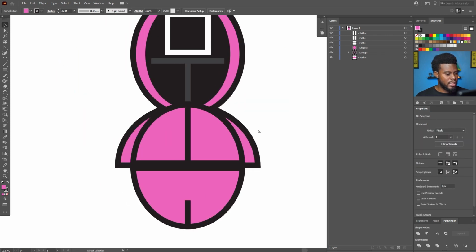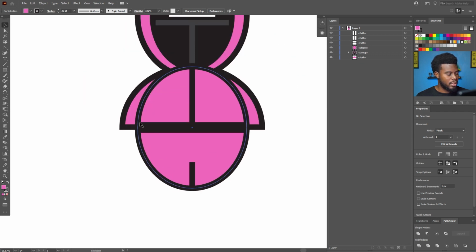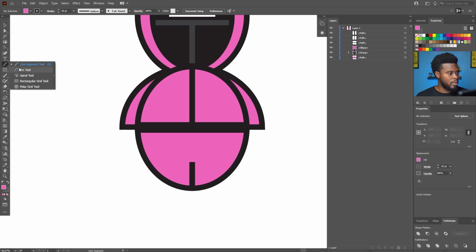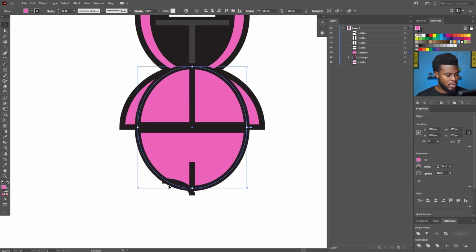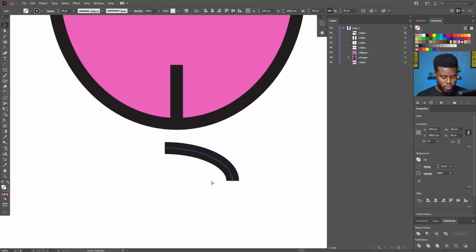Next, what I want to do is I want to go ahead and just create some boots, right? Some shoes. I'm just gonna go ahead and hit my line tool here, but I'm just gonna select the arc tool, right? I'm just gonna create an arc. Let's do, how do I get it to go up? All right, that's what I want. Not that perfect. Let's do like that. Oops. All right, and then I'm gonna duplicate this, Control and C, and then Control Shift and V to paste it